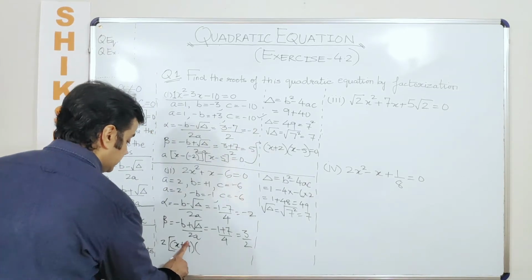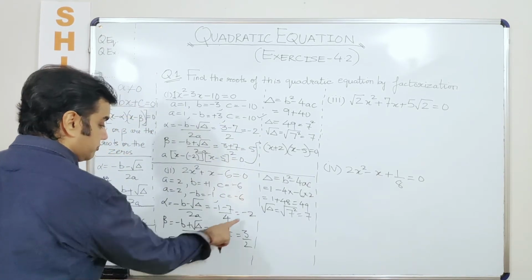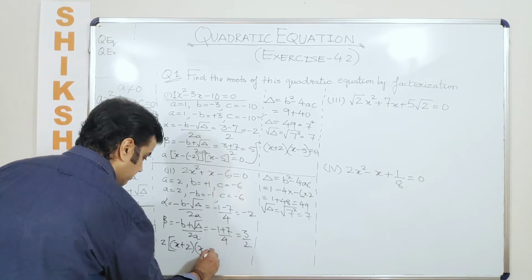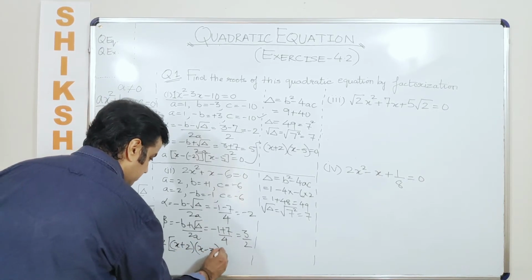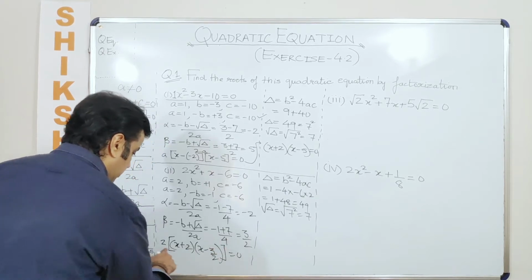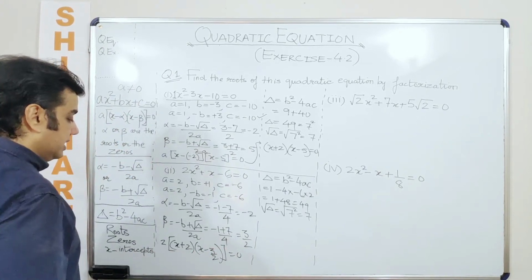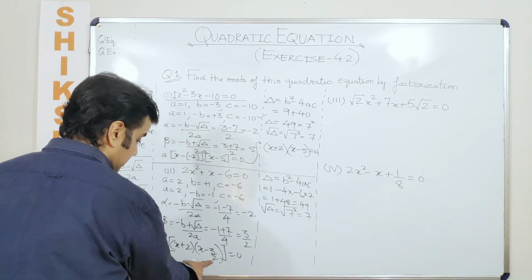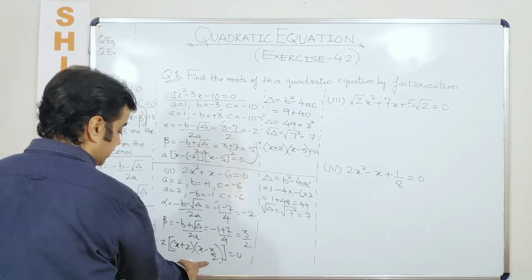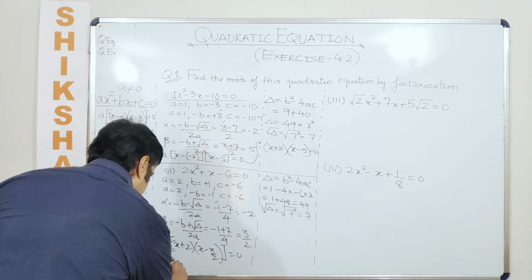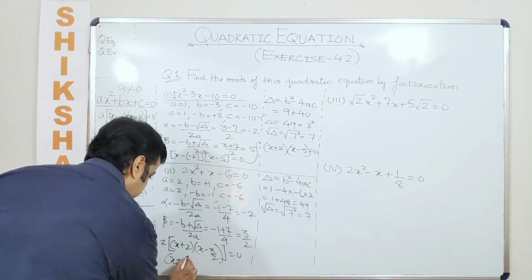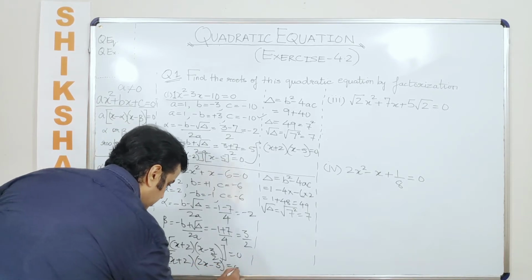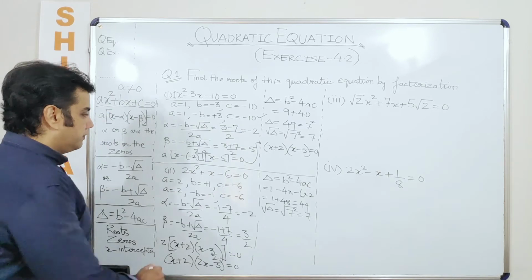Okay, so what is the change here? The change here is x minus of minus 2 is x plus 2, and here it is x minus 3 by 2. Now if you wish, we can just multiply a 2 from here and then we can get the answer. So when we are multiplying a 2 from here, can I write this as 2x minus 3 upon 2? So which is just like saying x plus 2 into 2x minus 3 is equal to 0. This is the final answer that you get.